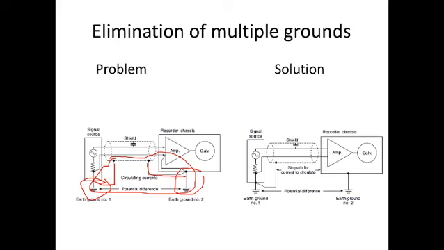So what is happening here? Here one jumper wire is removed. At the recording chassis, this jumper wire is removed. Okay, so what happens? Now the current is not circulated, and because of that the potential difference is eliminated. Okay, and this way you can have the proper grounding there. There are different techniques you can use in the circuit which will help you to perform these measurements without any noise effect. Okay. So this completes your biomedical instrumentation.